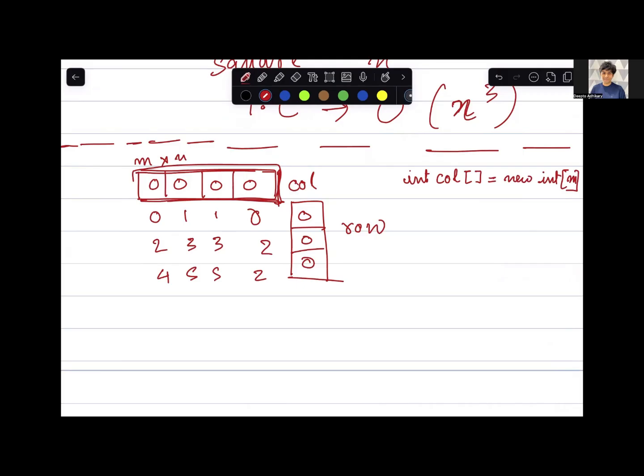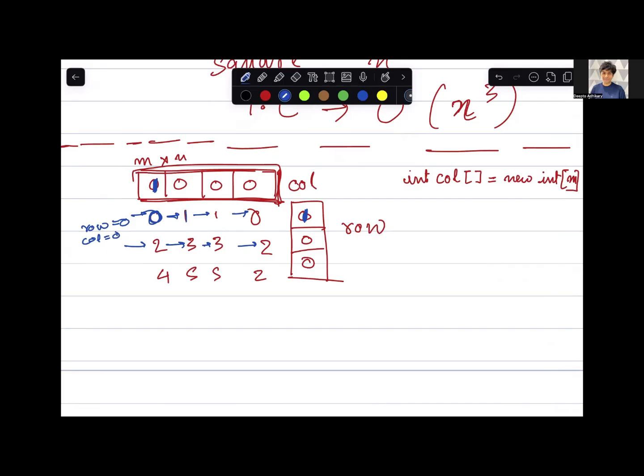So the solution approach which we can think of doing is, we'll be iterating through the matrix, element by element, row by row. On encountering a 0, so I encounter a 0. So the 0th row and the 0th column has a 0 value. I change the 0th index of the column array to 0,